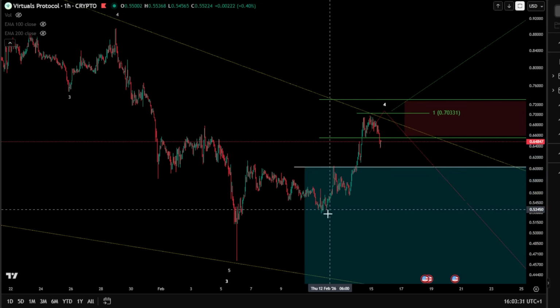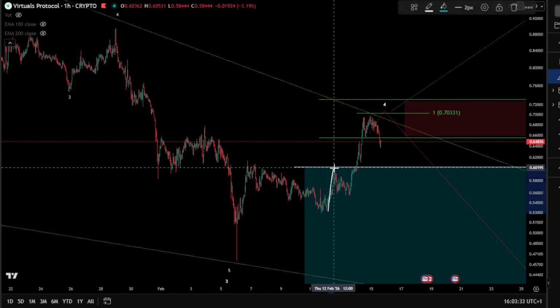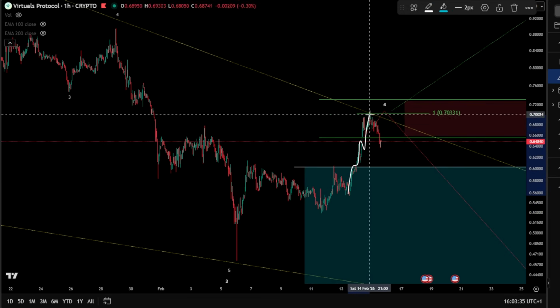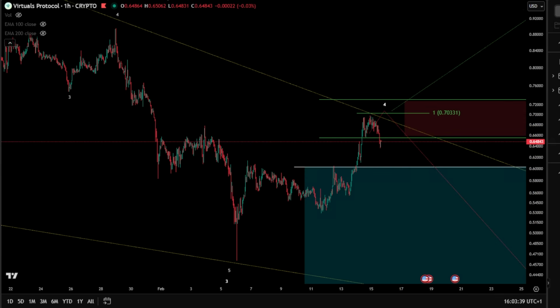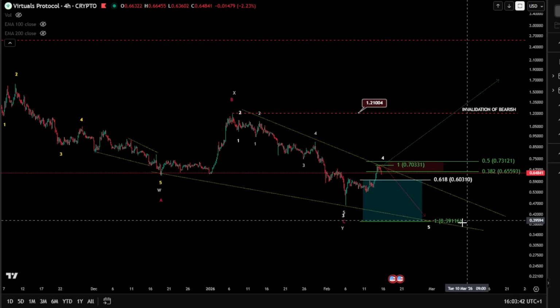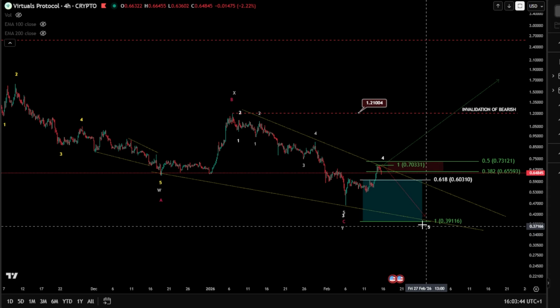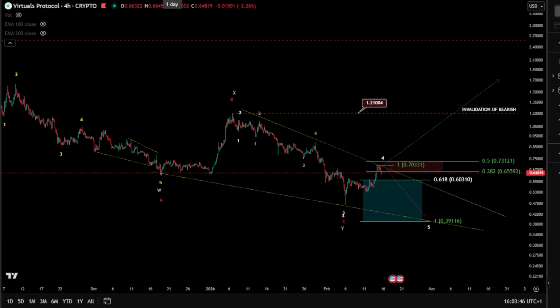The wave Y might be an ABC, and we push for lower. The wave C is a 1, 2, 3, 4, and a 5 here, and then 1, 2, 3, 4, 5. Of course, continuation for a new low for Virtuals. Yep. So we gotta be careful, guys. Of course, again,